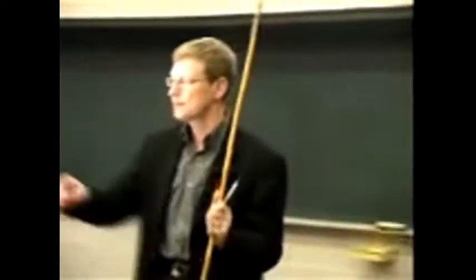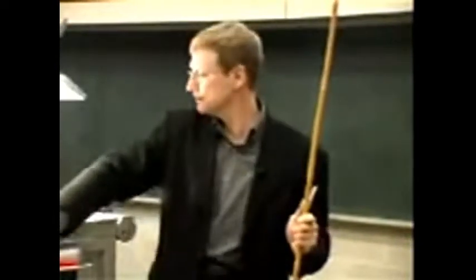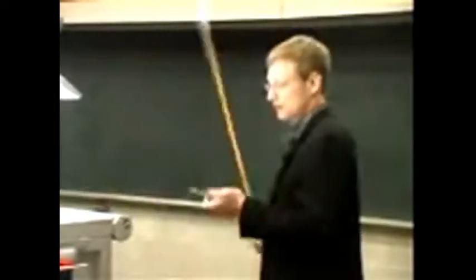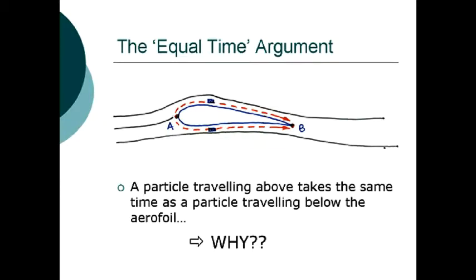The next is another one of these that I sometimes got asked when people have heard about this explanation, and that is what I call the equal time argument. Going back to the picture, it was stated that if we have two streamlines, one along the lower surface and one along the upper surface, and the streamline pattern looks fine, we've just seen that. But it is now claimed that if you have a small fluid particle or a fluid element, say one here and one there, if they are next to each other at this point, and they now travel on the two sides and move along here, then it is claimed that they must meet up at the end at the same